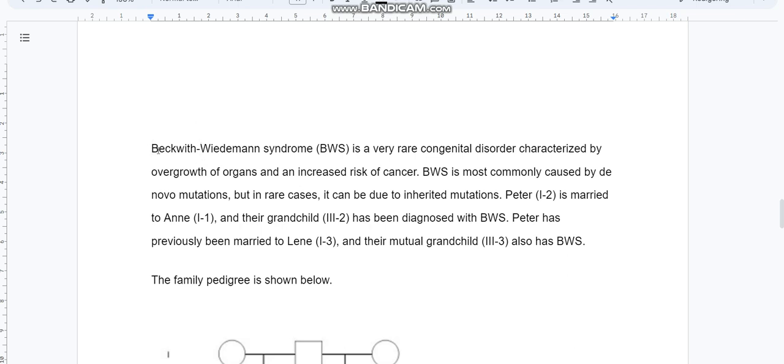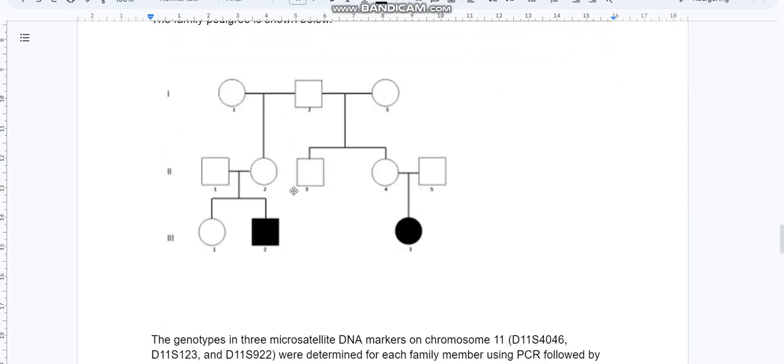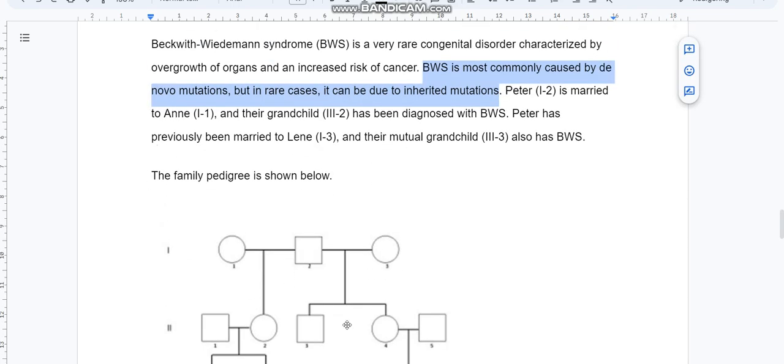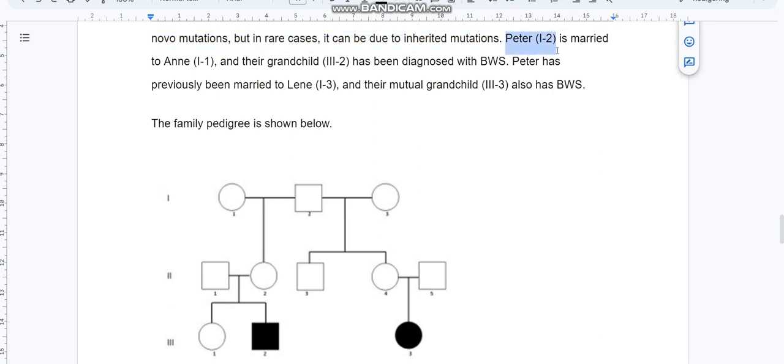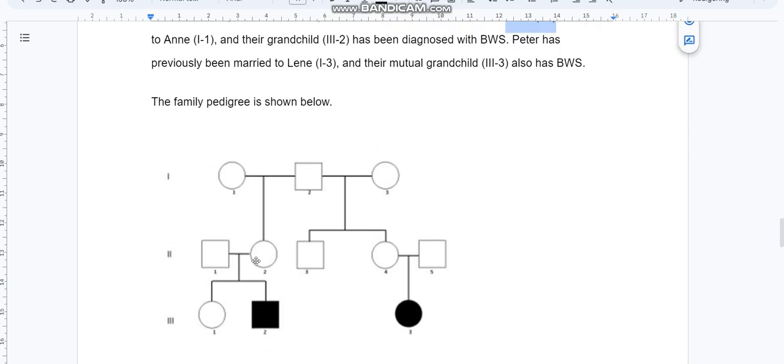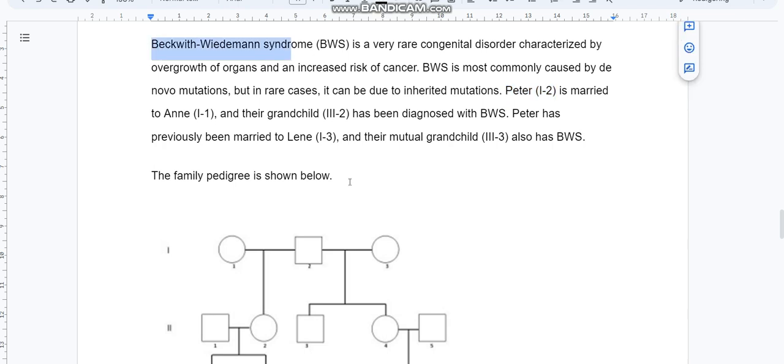So let's look at this Beckwith-Wiedemann syndrome. This is most commonly caused by de novo mutations, but in rare cases this can be due to inherited mutations. And here we have some information regarding this pedigree. So we have Peter in generation 1-2 here. This guy is married to this female, and one of their grandchildren has the expressed phenotype for the disease, but